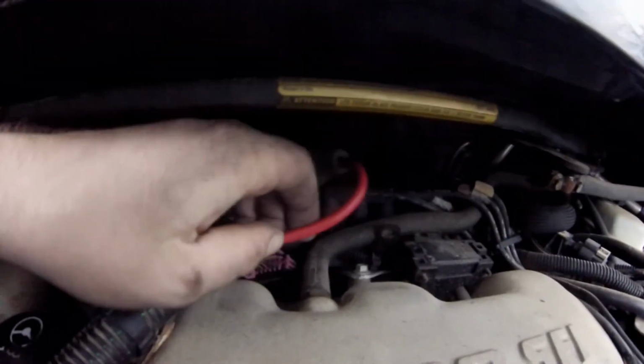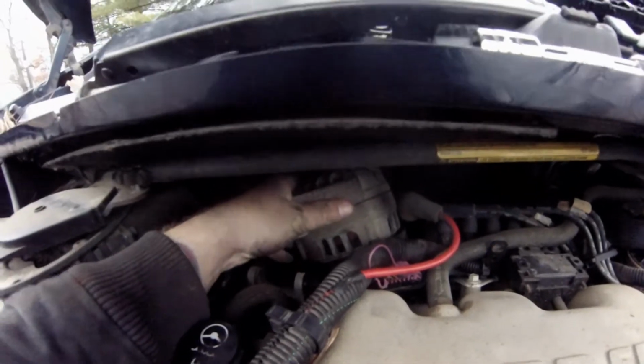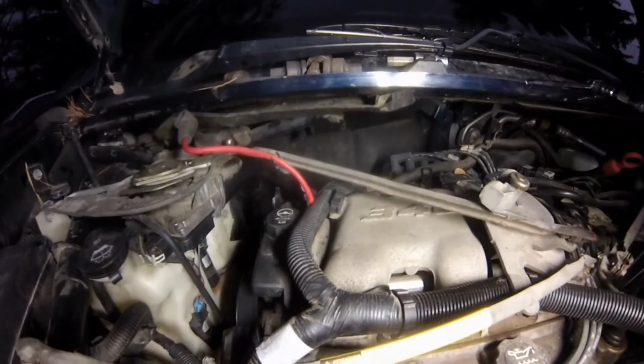And make sure that you undo your battery before you undo your power wire to your alternator here, because chances are you're going to hit this and spark out. So pop all that off, and then your alternator will come right out. And don't lose your bolts. So on a side note, if you want to take the challenge,